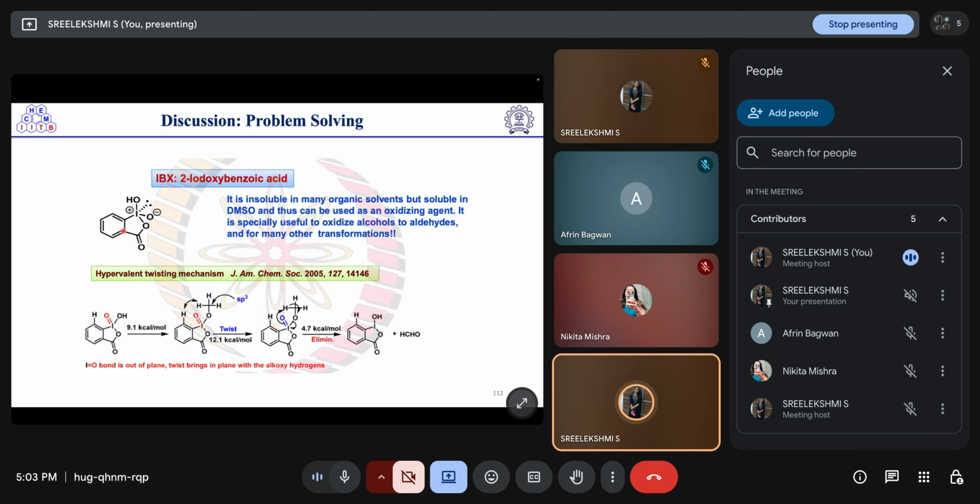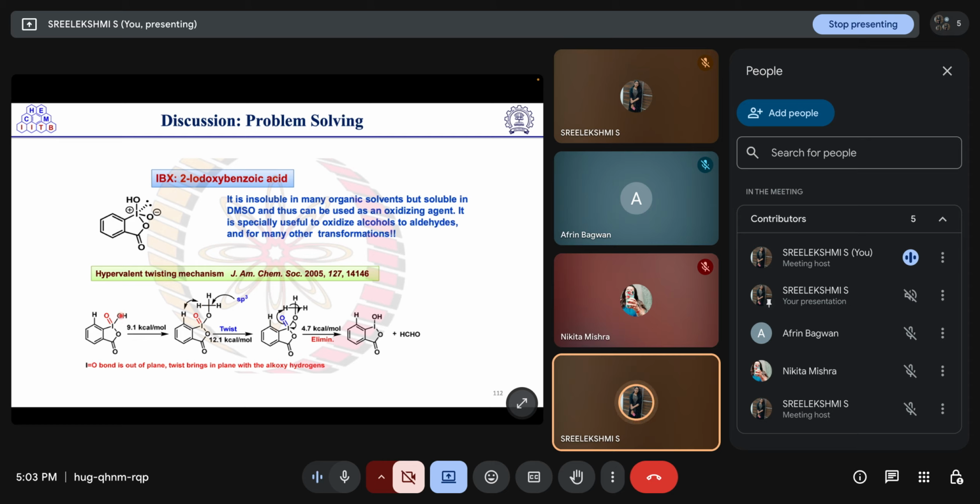Since it is an oxidizing agent, the primary transformation it does is the conversion of alcohols into aldehydes. So as we can see here, this is the structure of 2-iodoxybenzoic acid. What is happening is that first our substrate, which is alcohol,